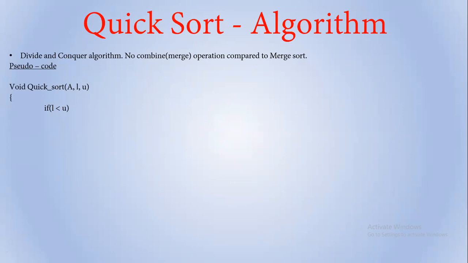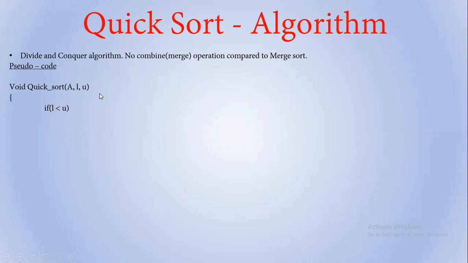In merge sort we call it divide, that is just dividing into two. But here we will call it partition. All of these actions, just like in merge sort, will be done if the lowest index is less than the upper index. In the previous example, L is equal to 0 and U is equal to 4. So 0 is less than 4, and then it will work.